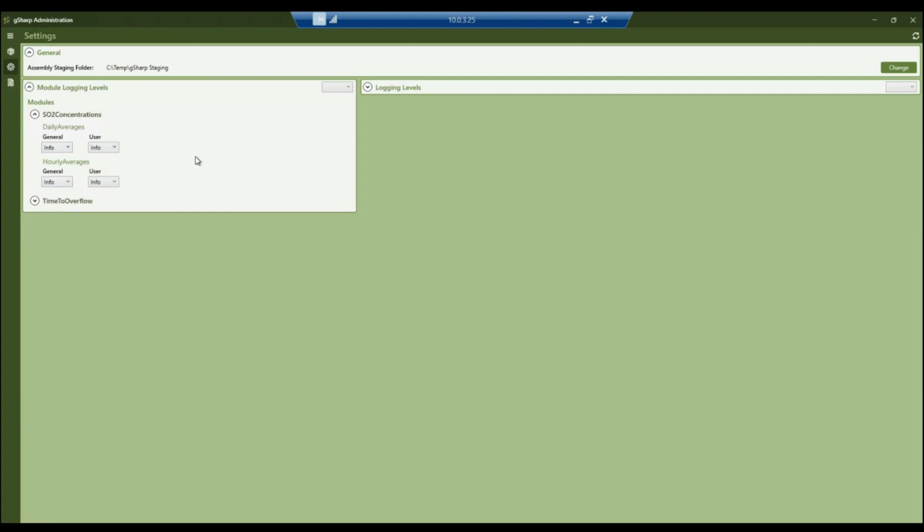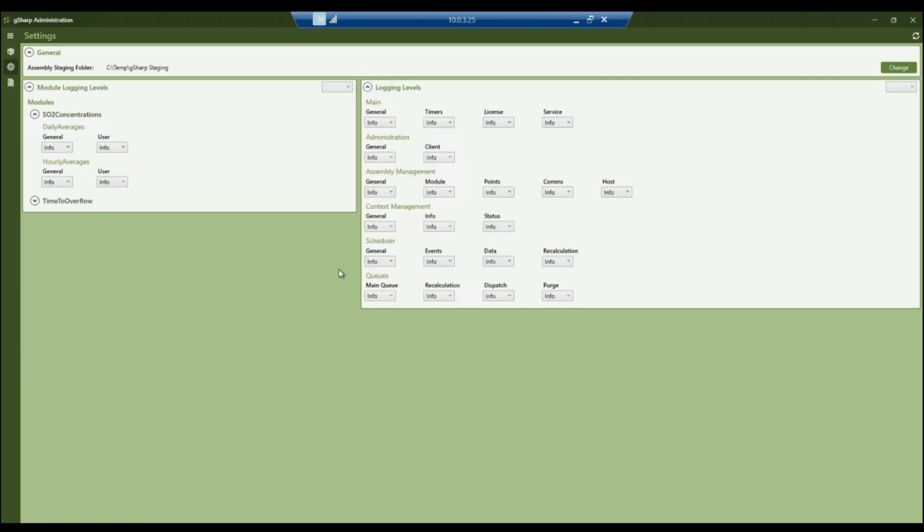We use the NLog logging library. It's quite a common and popular .NET-based logging library, and OSIsoft Aviva have been implementing that into many of their applications over the last few years as well. You can also set the logging levels for different aspects of the server. And again, if you need to have different levels of detail for different components, or you can actually make a global change for all of the server. Likewise, there is a global option to set everything for your modules. That is really the main parts of looking at the gSharp administration.